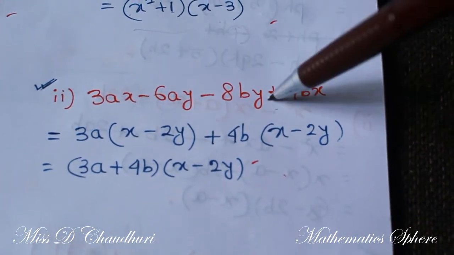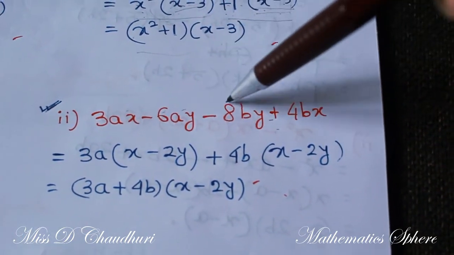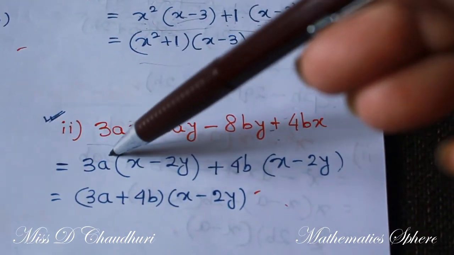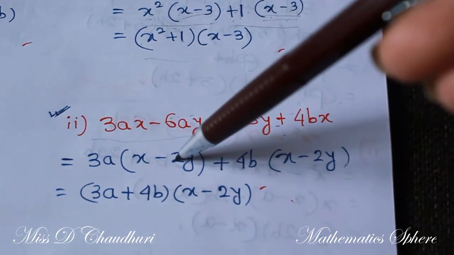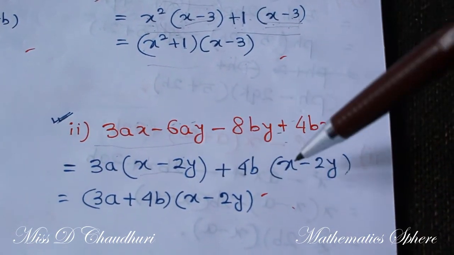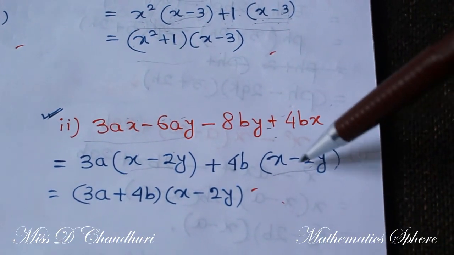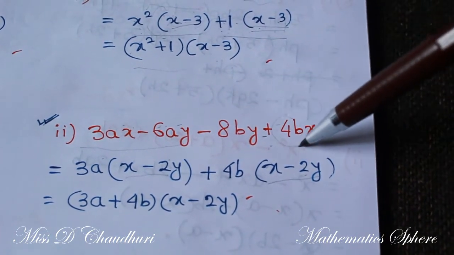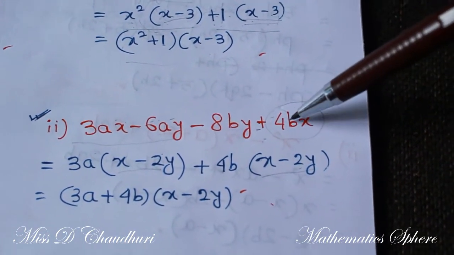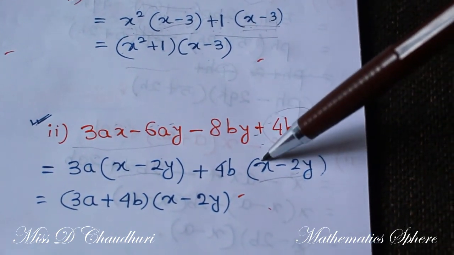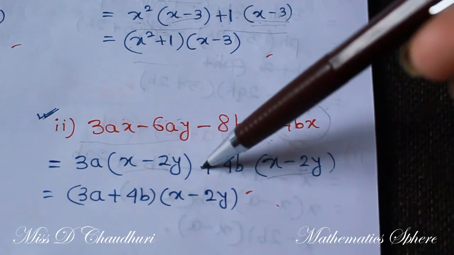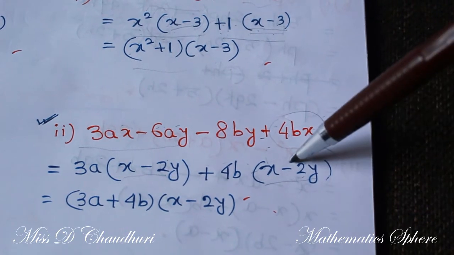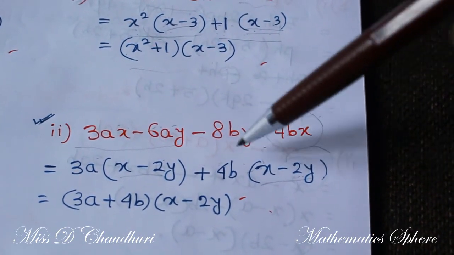In the same way, this one: 3ax minus 6ay minus 8by plus 4bx. From these two you can take 3a common. If you take 3a common, then you will be left with x minus 2y. Now if this is x minus 2y, this obviously should be x minus 2y. Now you go back and check. If you check x, here no x is there, so you will have to adjust with this term. Here this is 4bx, but here only x is there, and it is positive. So you place plus 4b here. So this becomes 4bx. This will automatically be adjusted. See, 4b into minus 2y gives you